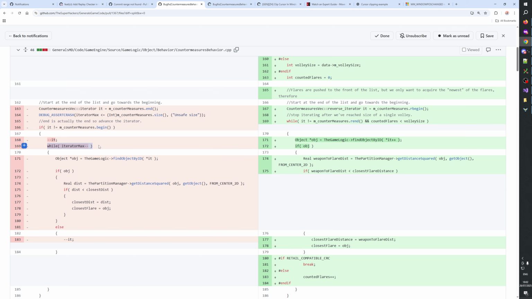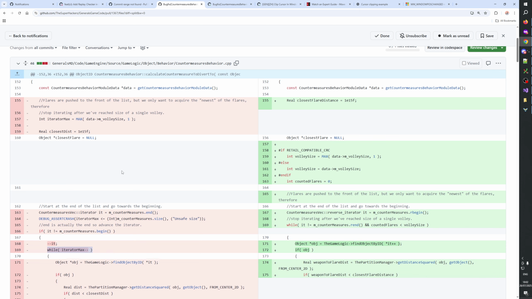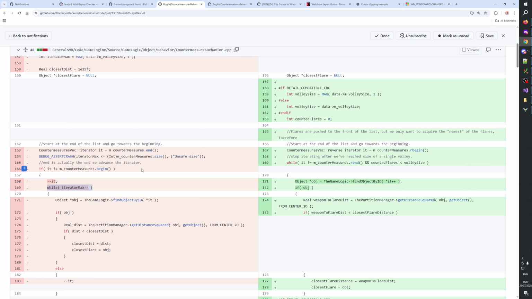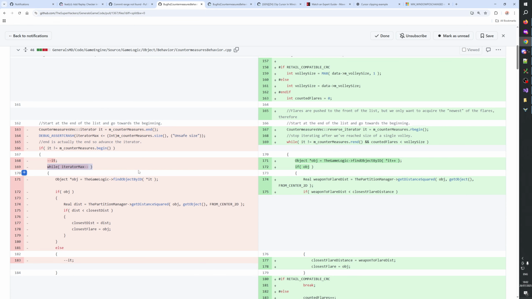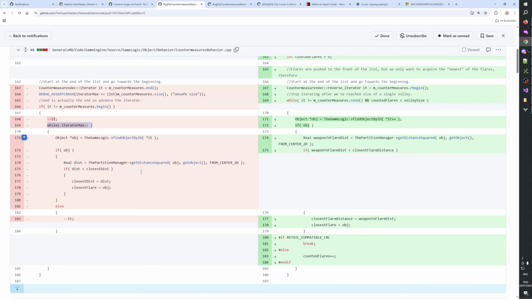Let's see. Iterate on max 1. Oh, okay, I see the bug now, because it's not counting down here.